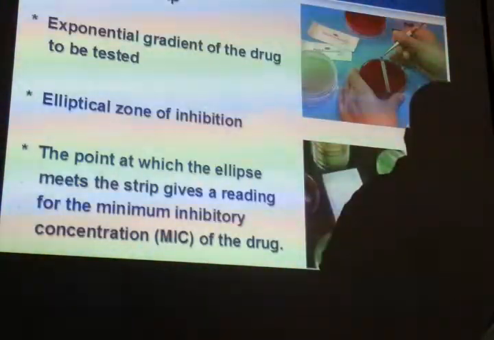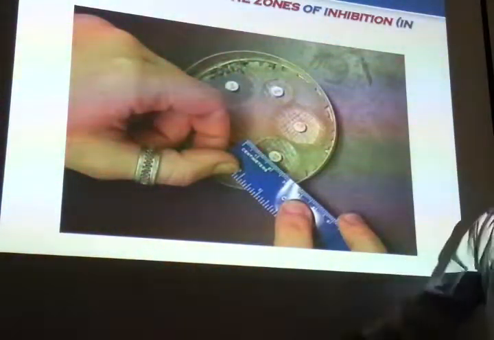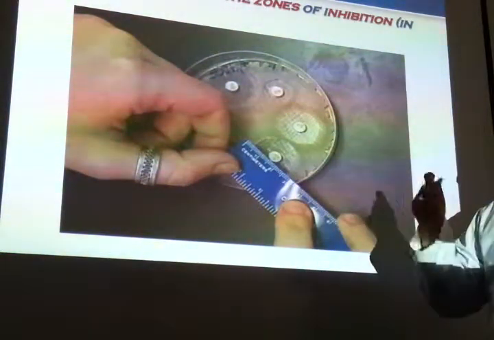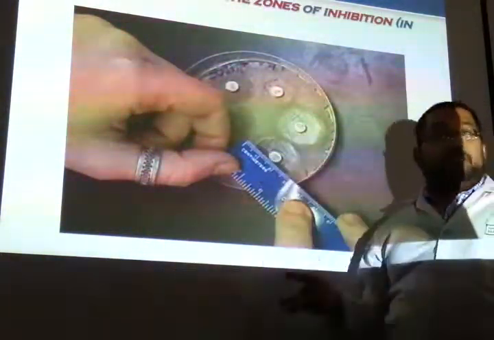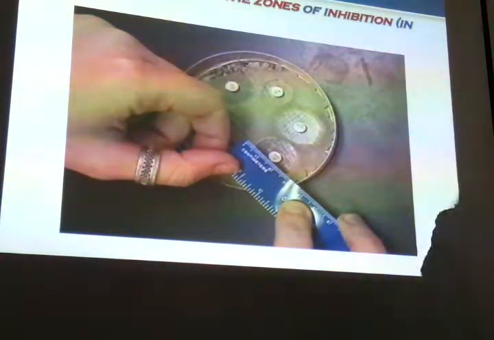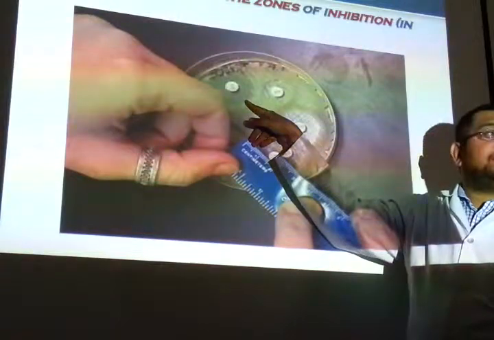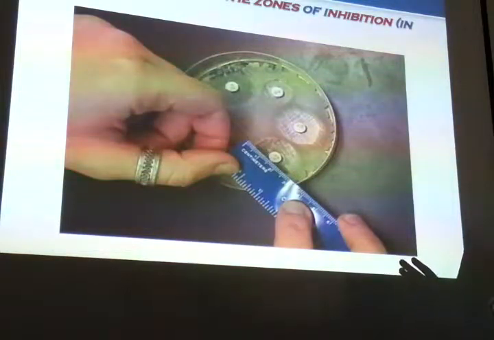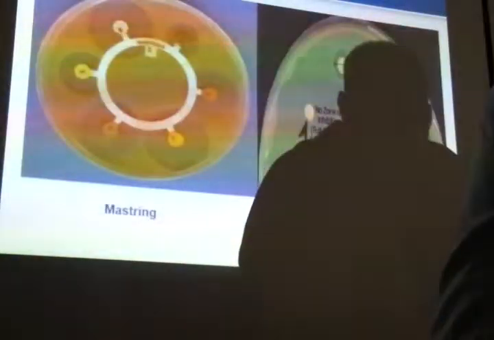And how do you measure it? I'll show you how you measure it. Like this. Simple. Look. You measure with a scale. Sometimes you don't have a complete circle. You see, you don't have a complete circle. What will you do? You will measure only this and multiply it by 2. Okay? Got it? So you have this and this. Very easy thing. One more thing that we need to see here.